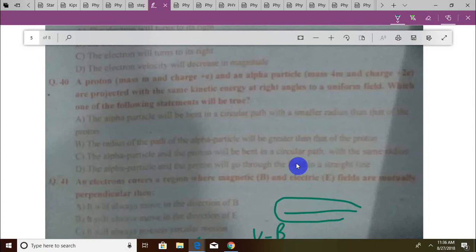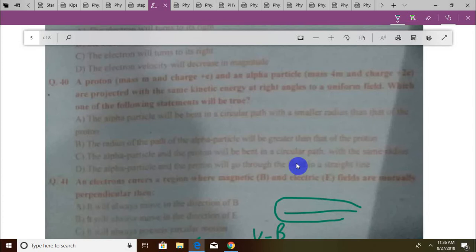We should know that p squared over 2m is equal to KE, and we should also know that mv squared over r is equal to B q v, so the greater the momentum, the greater the force and the smaller the radius. So the alpha particle will be bent in a circular path with a smaller radius than the proton, definitely, because